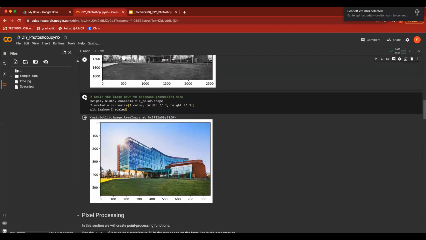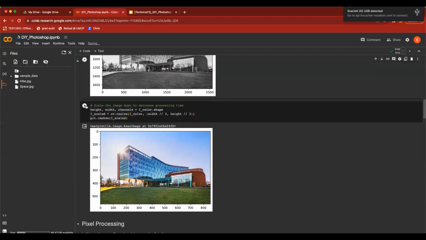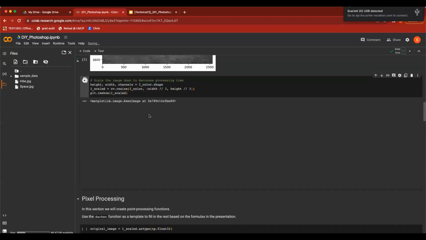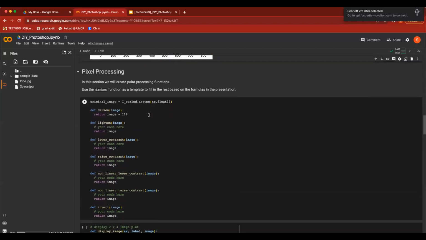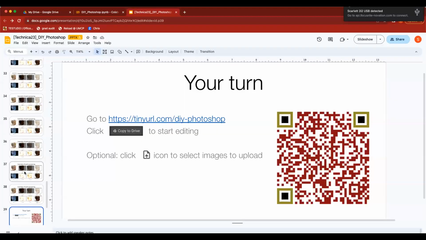Okay. Now this next cell is just making things smaller because otherwise, processing is quite slow, and this image was a very high res image, so we're going to make it a little bit less high res. And then this is where now the exciting part comes. So if we go back to the slides real quick,